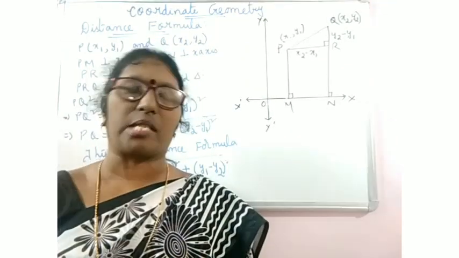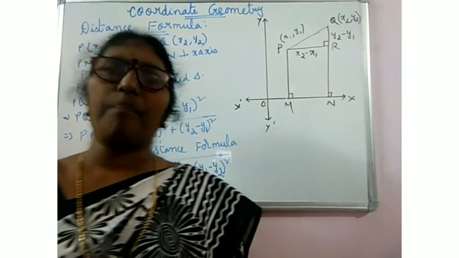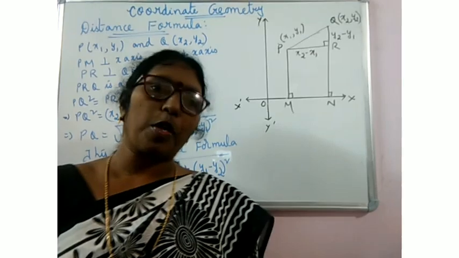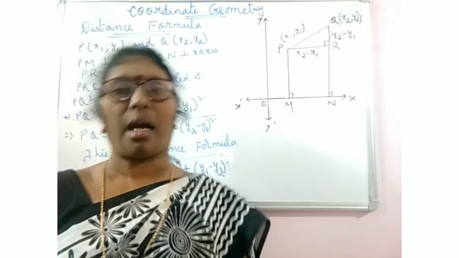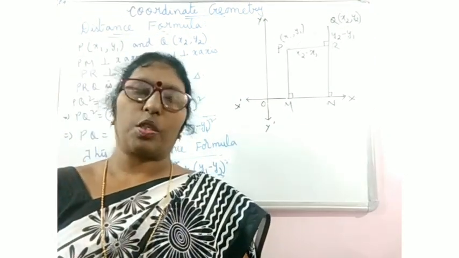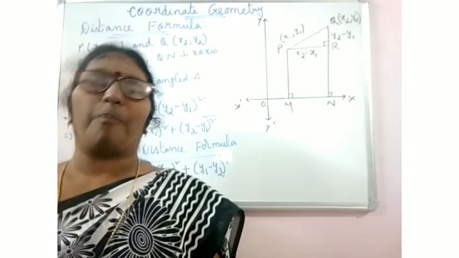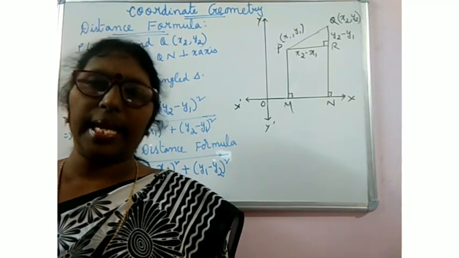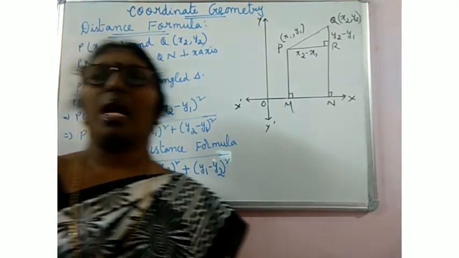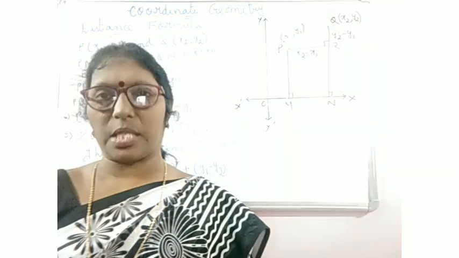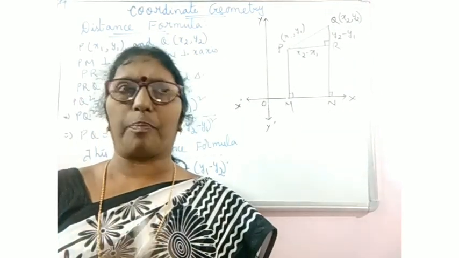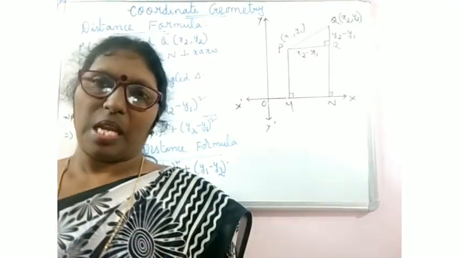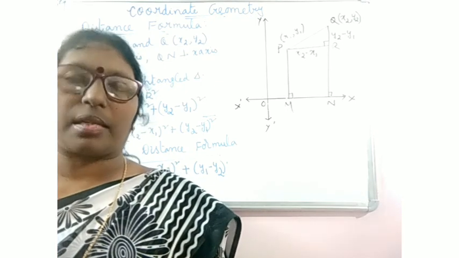So, if you want to prove that the given coordinate points form a parallelogram, simply you can show that opposite sides are equal. Suppose the coordinates of A, B, C, D are given to you. Show that ABCD is a parallelogram. That means find the lengths of AB, BC, CD, DA by using the distance formula. And if AB is equal to CD and BC is equal to DA, you can show that yes, it's a parallelogram. You know that in a parallelogram opposite sides are equal.